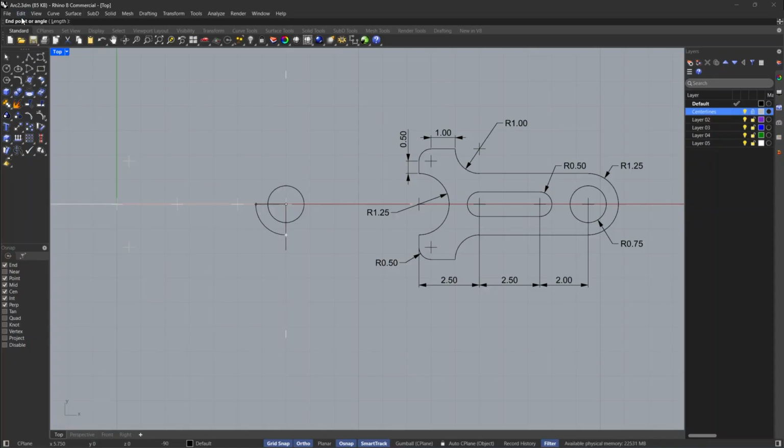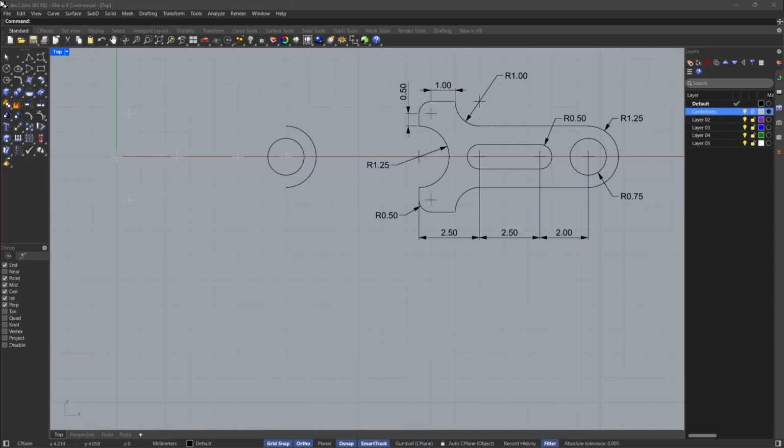And lastly, for endpoint or angle, type 180, then press enter. We have 3 more to go.